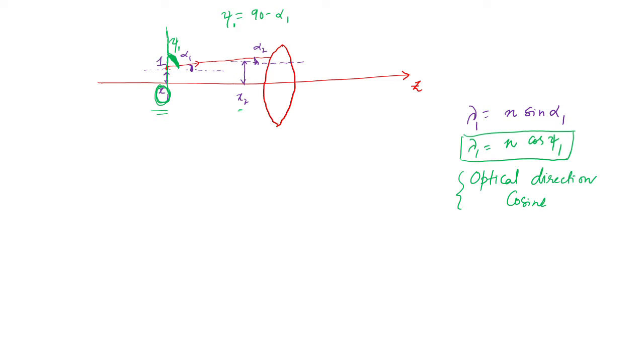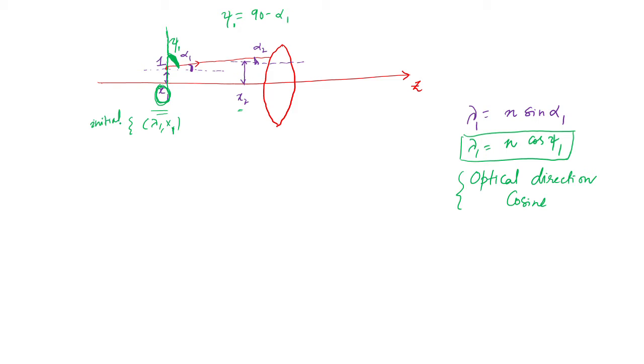So we're going to use the optical direction cosine to look at the matrix way of solving things. Now our goal is to develop a matrix such that, given lambda 1 x1, I know my ray of light is starting from x1, and given lambda 1, I know at which angle it is going. So this is my